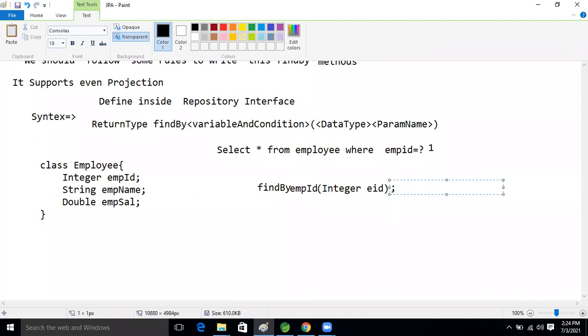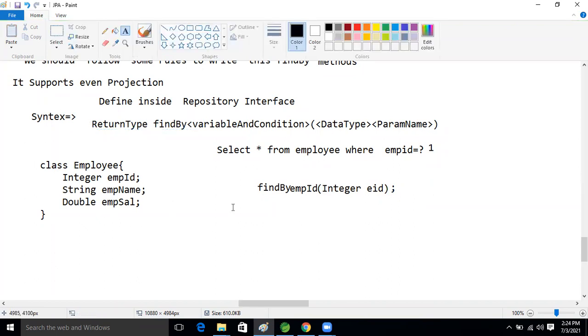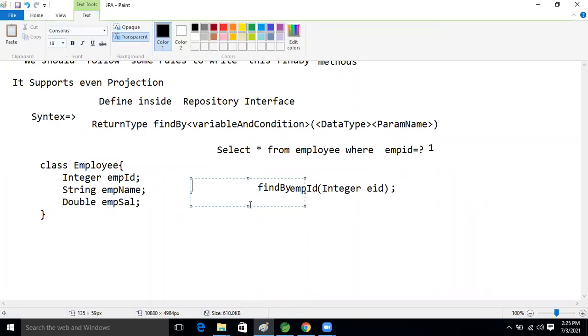So what will we have next? The return type. We will specify the return type. Currently, think about list only. Later I will tell how we will select only one record and what the return type will be. Here the return type we are taking is list type. List of what? List of Employee, now, guys.